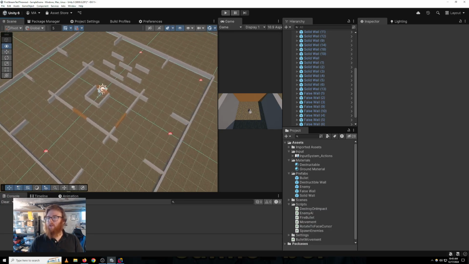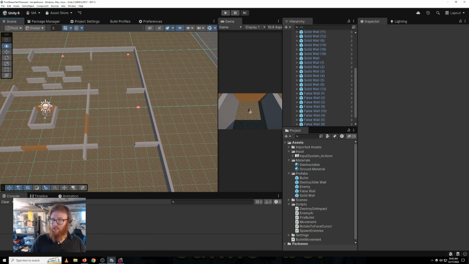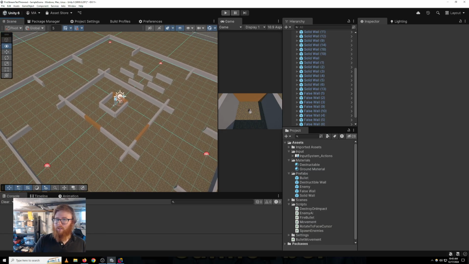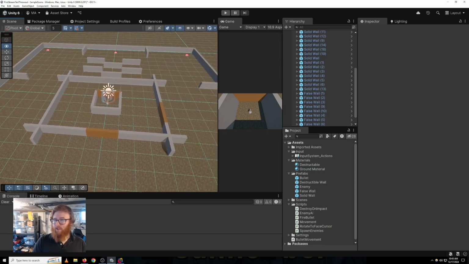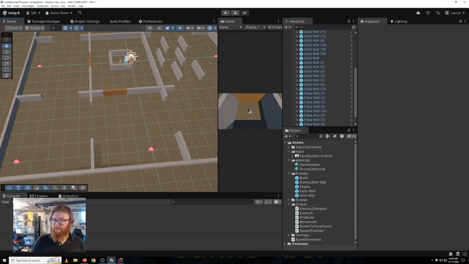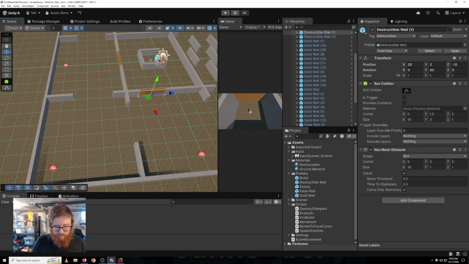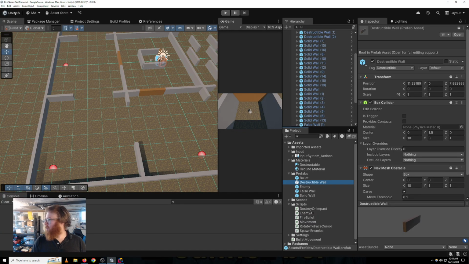There we go. And also have a destructible wall for each of them. Oh, you know what? You know what I'm going to do? I'm going to take the destructible walls and I'm going to make them